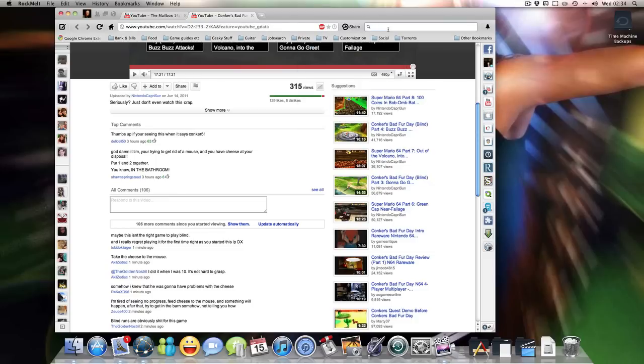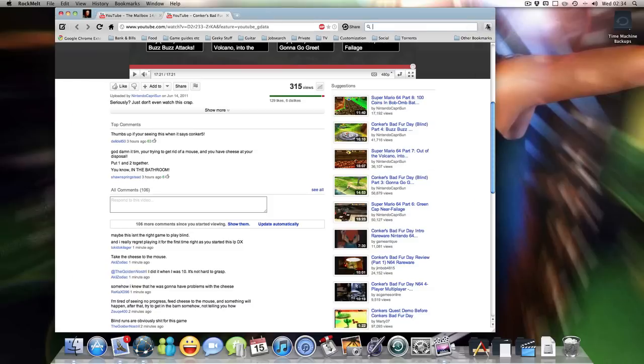Then you've got your special RockMelt search. That's not changed really, so I won't take you through that. This button, basically, enter quiet mode, it says. And basically you click that,